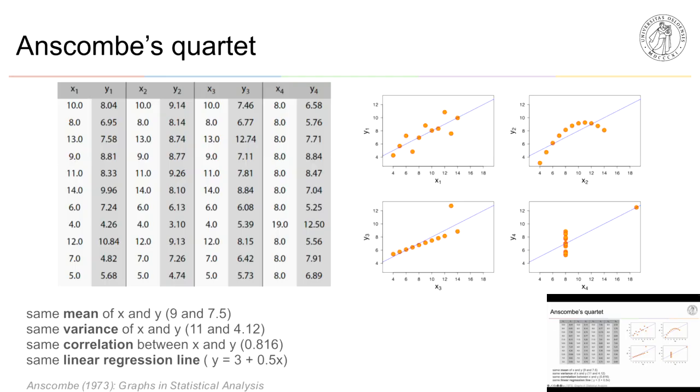But when you plot each of these 4 data sets like this, you can instantly see they are very different. So statistically, these are the same data set, but when you look at it,